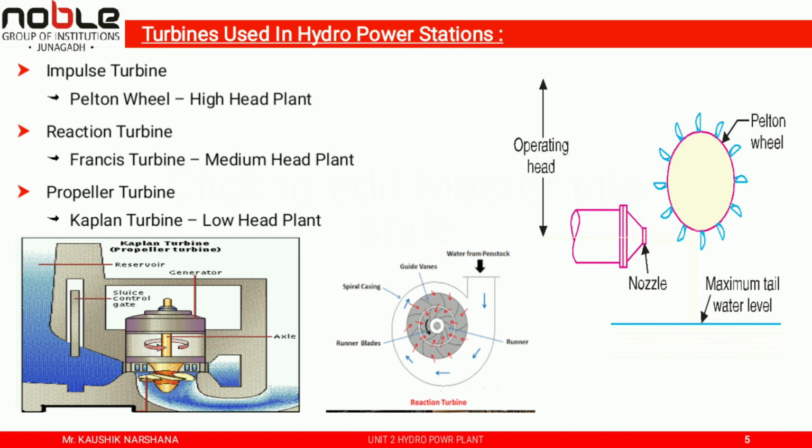In the Kaplan turbine, the angle of the runner blade can be adjusted, right? So we can easily control the flow of water. Therefore, this type of turbine can be used in different heads. Generally, low head power plants are below 30 meter head. So the efficiency of the Kaplan turbine is more than other reaction turbines, as the angle of the blade can be adjusted depending upon the head.